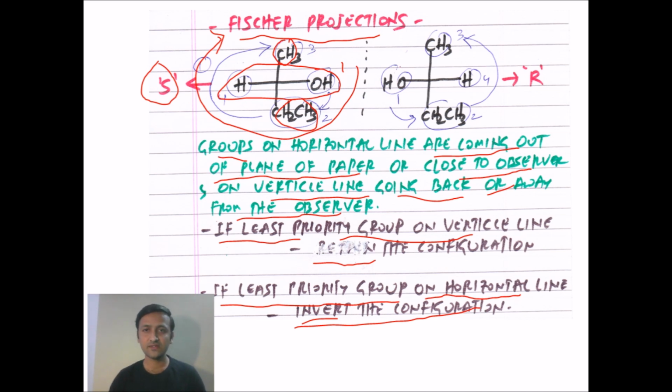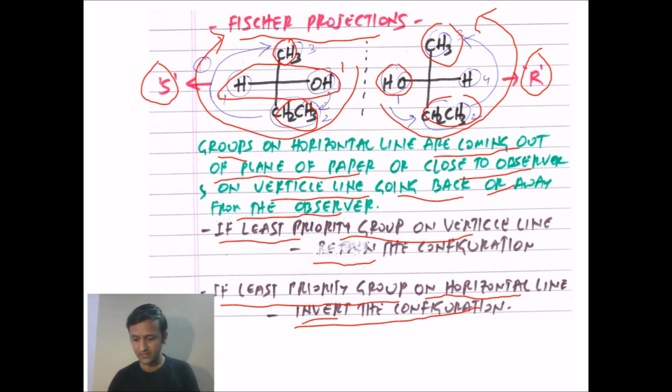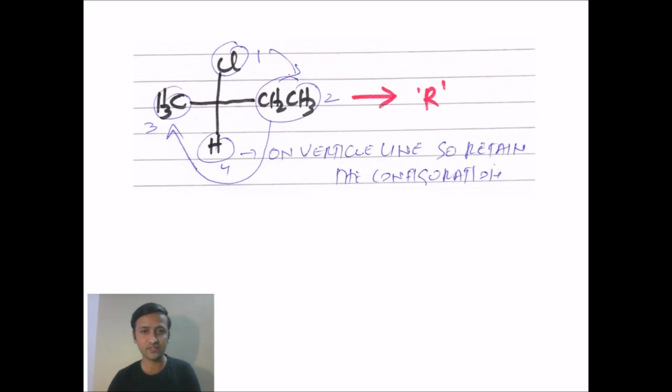You can see this OH is 1 again, right? Ethyl 2 and methyl 3. So if we take direction 1 to 2 to 3, we're moving in an anti-clockwise direction. Okay, now how does it look? If you take anti-clockwise, it's to be taken as S, right? But hydrogen, the lowest priority group, is again on the horizontal line, so we should invert the configuration, right? So it's not S, it has to be taken as R, right? So that's one example using the Fischer projection.